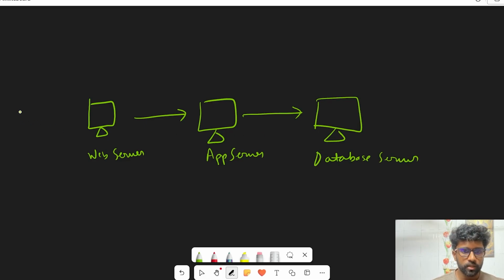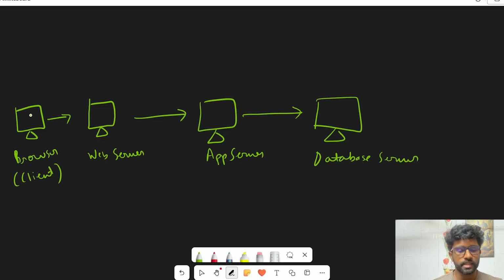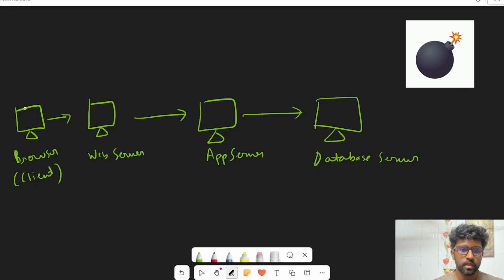Let me add another component to this diagram. Let me add a browser. The browser, we call it client, and the XSS attack happens on the browser.